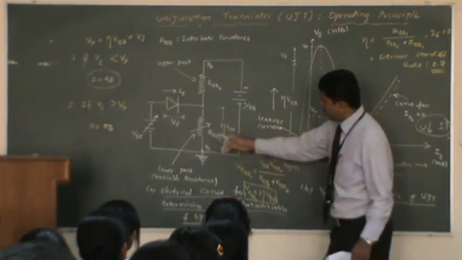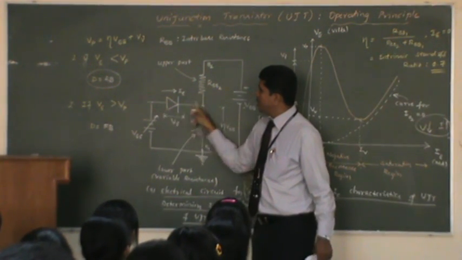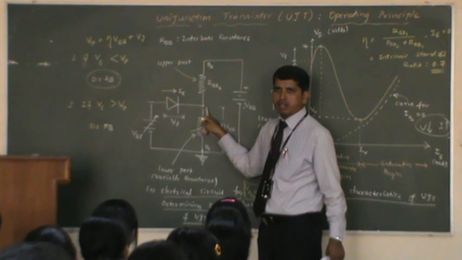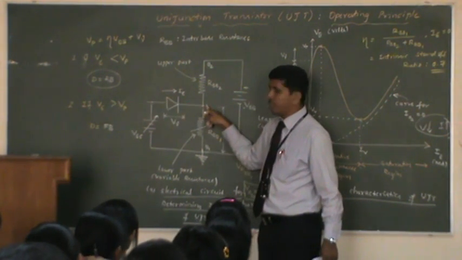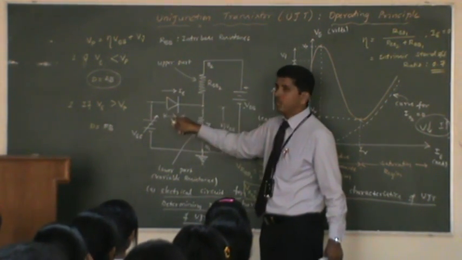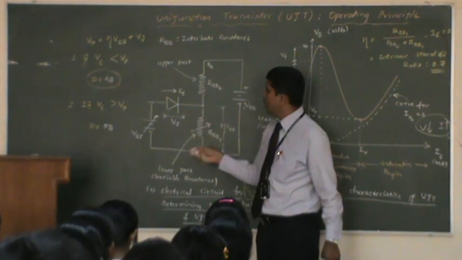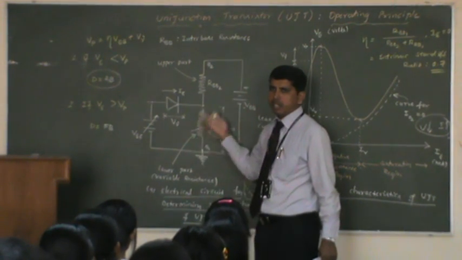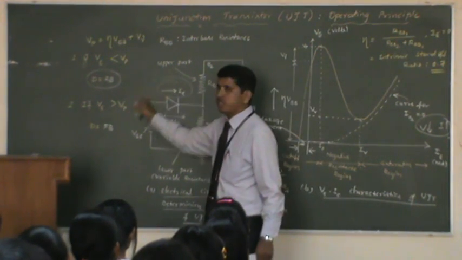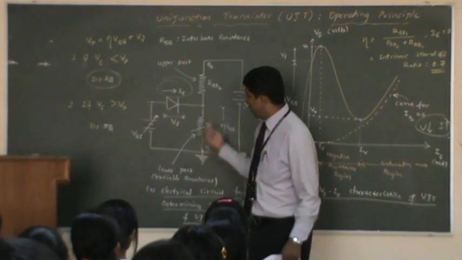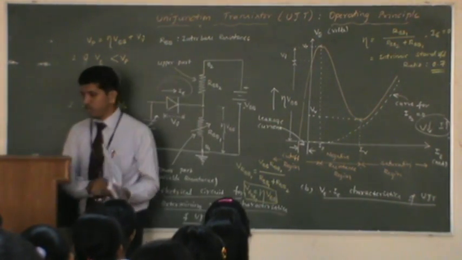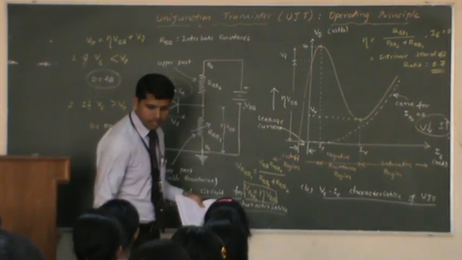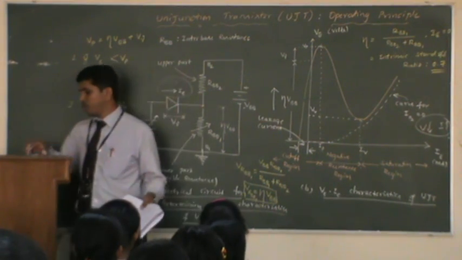Because as you keep on increasing voltage here, you can see these 2 points are very important for us. Once this point exceeds the voltage at this point, then definitely this is going to be forward bias, and across this complete UJT, the voltage decreases and current will start increasing. This particular current, emitter current, starts increasing. That's going to be the behavior of unijunction transistors. So we'll take up quickly the application of unijunction transistors.